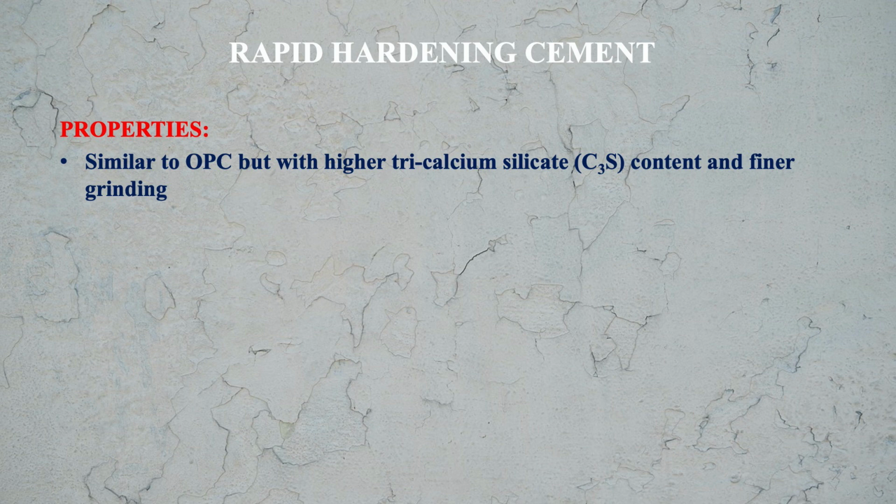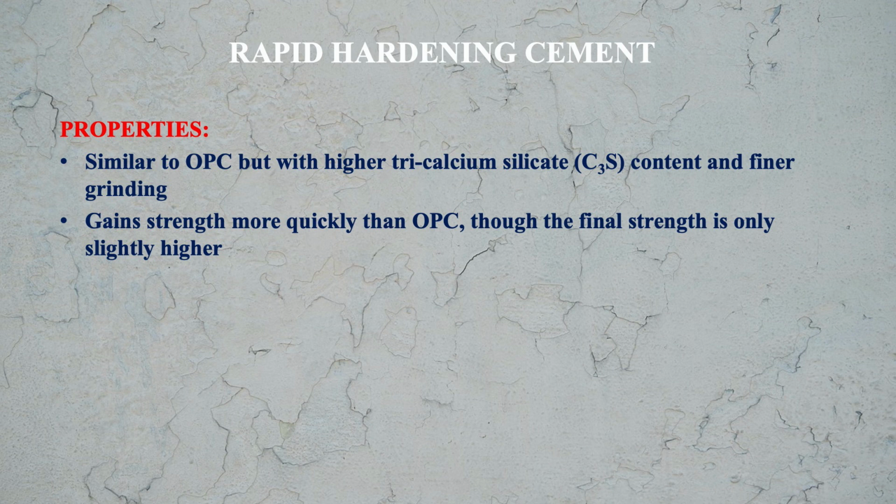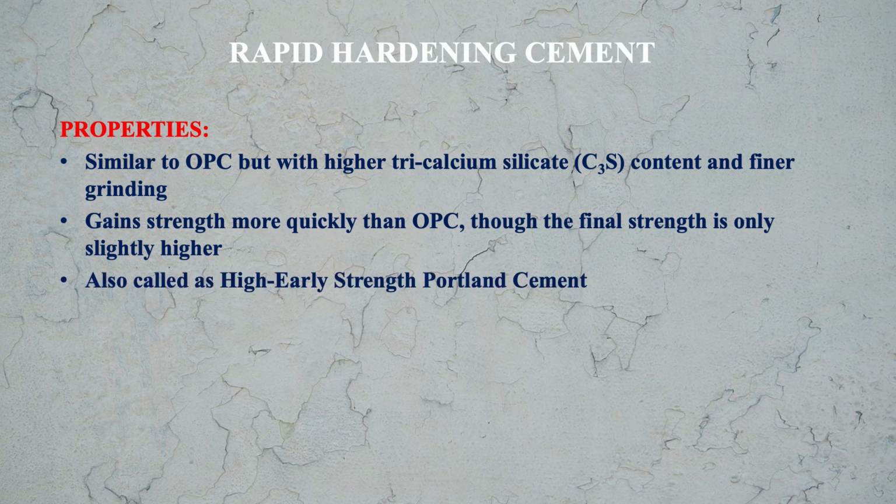Rapid hardening cement gains strength more quickly than ordinary Portland cement, though the final strength is only slightly higher. Means in the final strength there is not much difference, but rapid hardening cement gains the strength quickly. The rate of gaining of strength is fast, more. Rapid hardening cement is also called as high early strength Portland cement because here it is gaining strength at early stage. How much early? You can see that